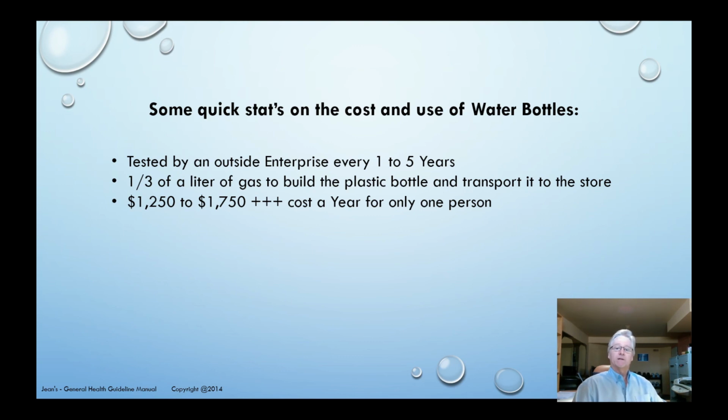How much does it really cost for a plastic bottle? And how much does it cost for one person for a year? The cost varies from $1,200 to $1,700 per year per person for bottled water. And it's 1/3 of a liter of gas to build one plastic bottle and transport it to the store. Could you imagine? 1/3 liter of gas. No wonder water bottles are so expensive, because to make that